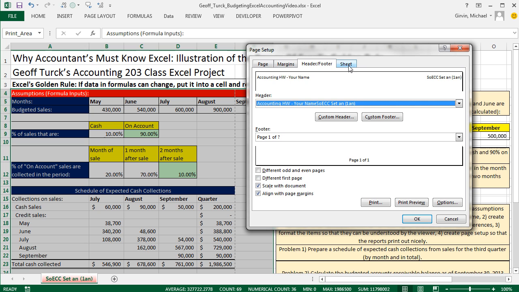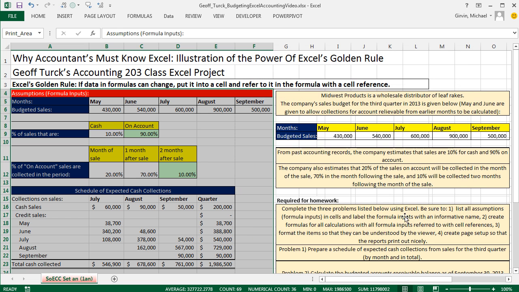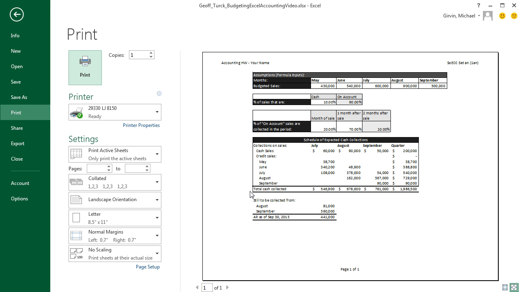One more tab here. I'm going to click Sheet. We don't really need anything here, but notice that's where the print area got set. I'm going to click OK. Now let's do Control P, and there's our preview. I like this preview. I see that I have some extra room on each side and below, so I'm going